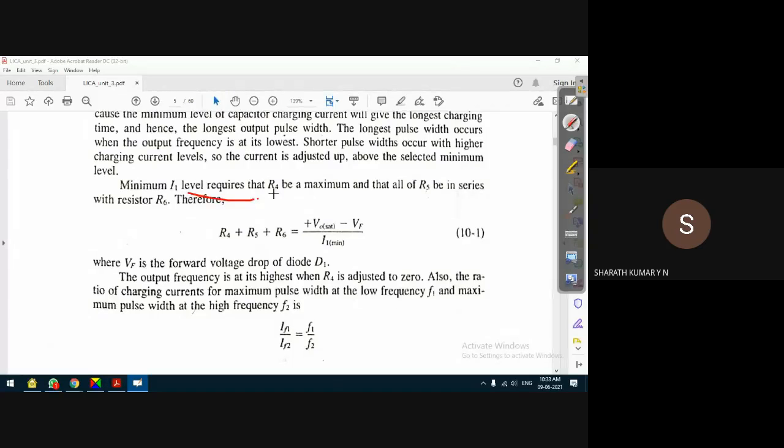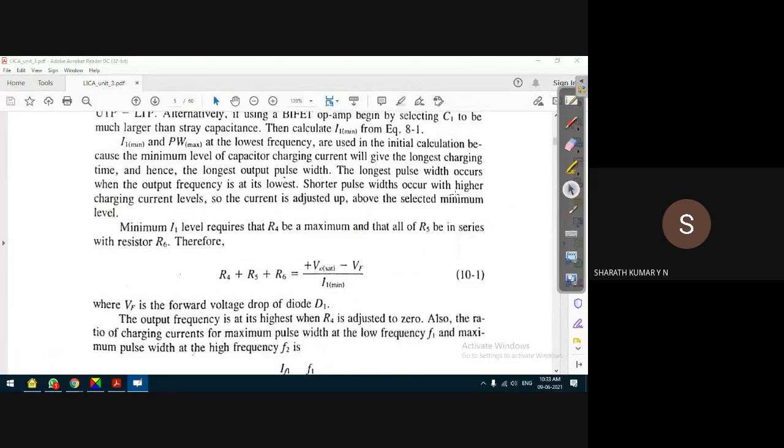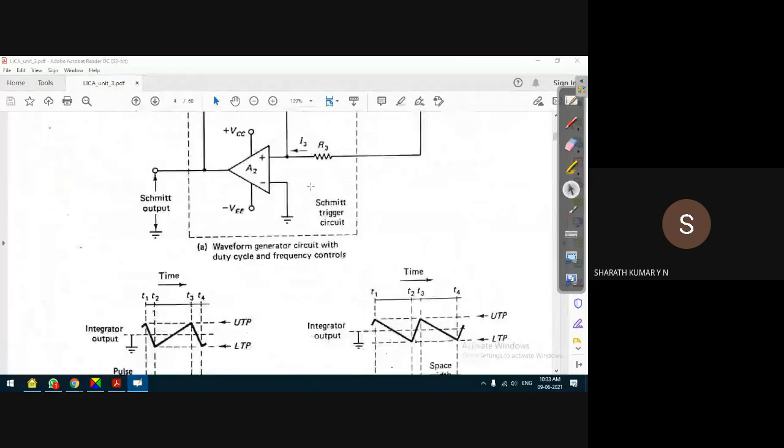So the I1 level requires R4 to be at maximum, and R5 in series with resistor R6. While charging, R4, R5 and R6 will be in series. We discussed that in the last class. Here R5 is taken assuming that there is no duty cycle adjustment. So for a given duty cycle, it is R4 plus R5 plus R6. If you observe this output stage,